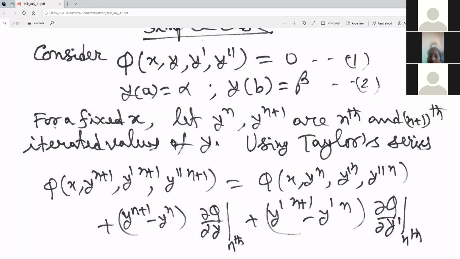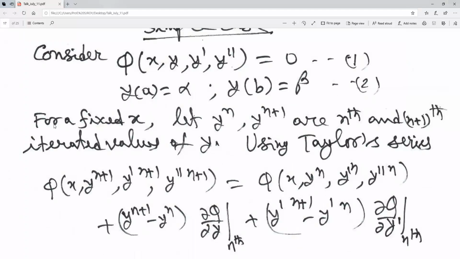So now for this is OD. You can have different examples, like phi can be y double dash plus 5y dash is equal to 6x, anything. So phi is an arbitrary function of x, y, y dash and all. So this is one equation and one independent variable, very easy to understand. So I have written it specially for you to understand.